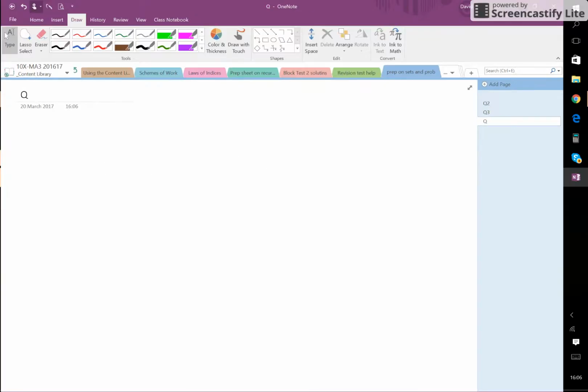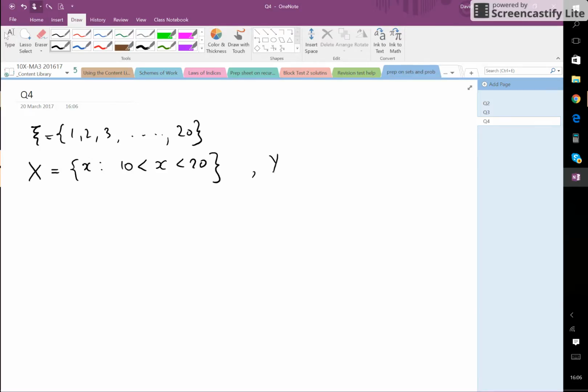Okay, question 4. Question 4 has got the universal set of positive integers less than or equal to 20. So the numbers 1, 2, 3, all the way up to 20. And we have x is the set of x, all my values, such that it goes between 10 and 20, but not including 10 and 20. And y is prime numbers, and the prime numbers from 1 to 20 are 2, 3,